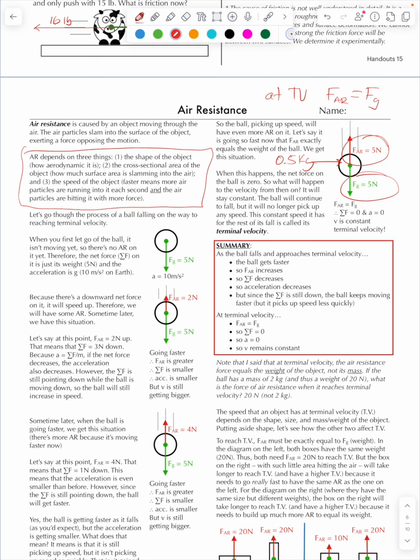Do not answer that the air resistance force is 0.5 kilograms. First of all, is kilogram a unit of force? No. So do not say that. At terminal velocity, air resistance force is equal to the weight. So if I told you that the ball had a mass of half a kilogram, that means its weight is 5 newtons. So at terminal velocity, the air resistance force equals the weight, and in this case equals 5